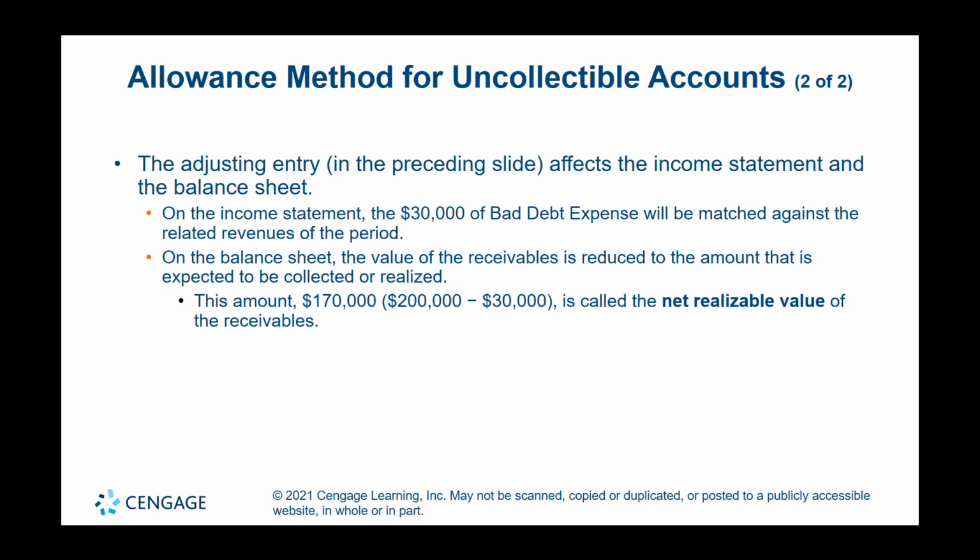We call this the net realizable value of receivables. So if accounts receivable is $200,000 and the allowance for doubtful accounts, meaning that we don't expect to receive $30,000, then the net realizable value of receivables is